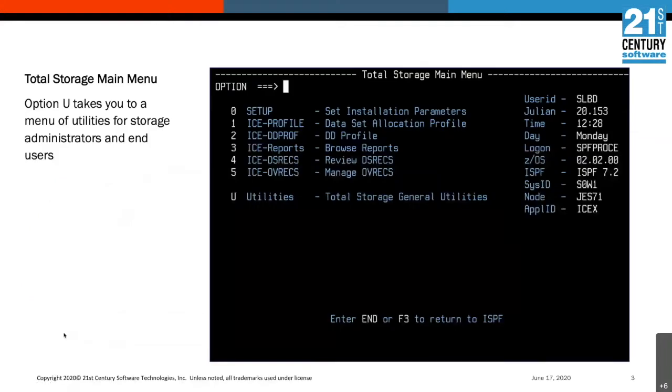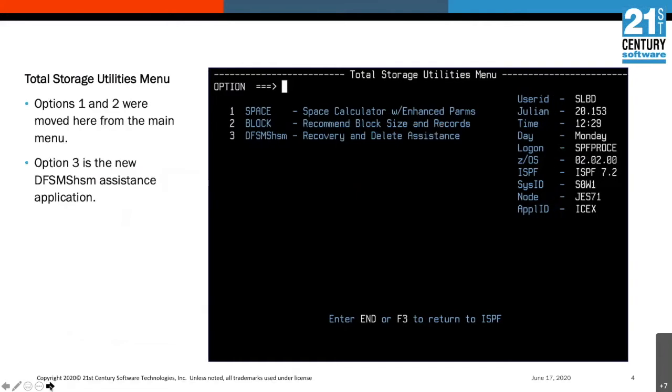The Total Storage main menu now has a couple of new options on it. We've talked about options 4 and 5 before. We've taken some things that were less frequently used off of the main panel, and now they're, quote, hidden behind the U in the utilities. So when you go to utilities, we've taken the space and block calculators out of the main panel and moved them back here, and we've put the